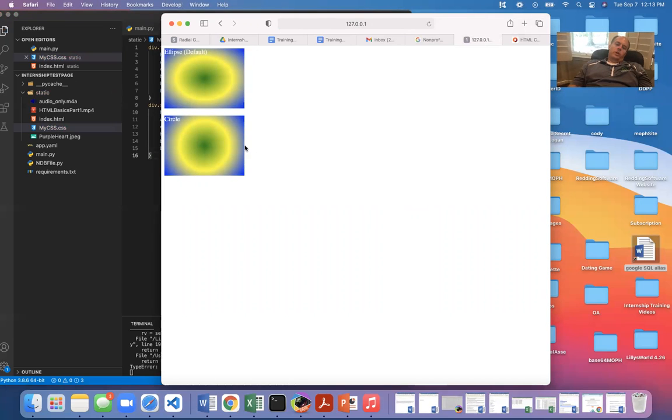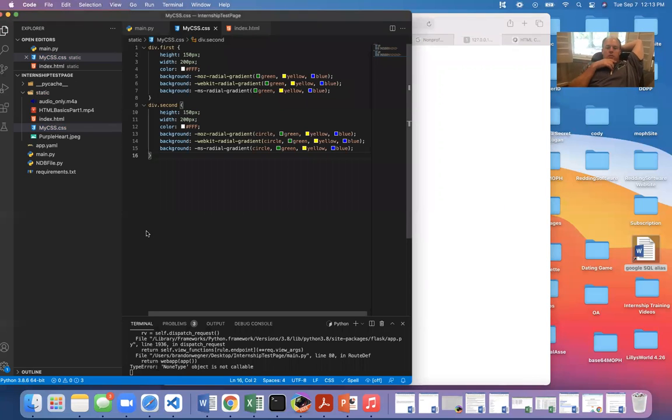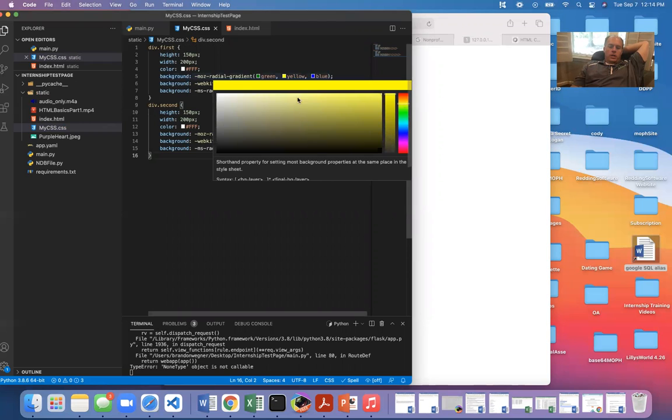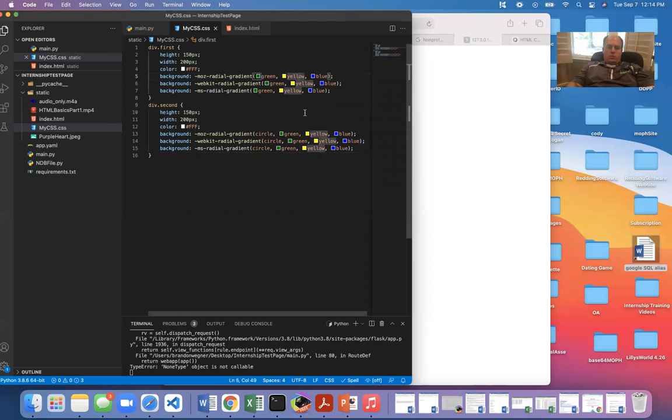So we've got this cool little circle thing going on. And again, make sure you've got your prefixes if you're going to be doing a radial gradient. Well, then we can play around with the colors and do like